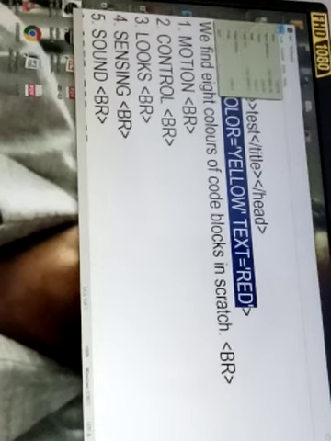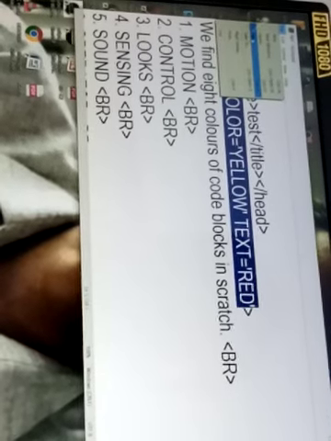Let us see. Again I have to save my file with the save option. Now the next time I'll be using the save option. So my file is over here. Let us see. So what you see, we have got the background color, that is yellow, and the content which I had written is in which color? It is in color red. So you can specify any color for your background, you can specify any color for your text.